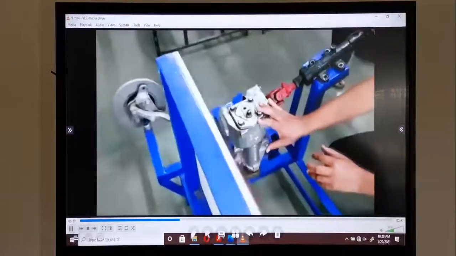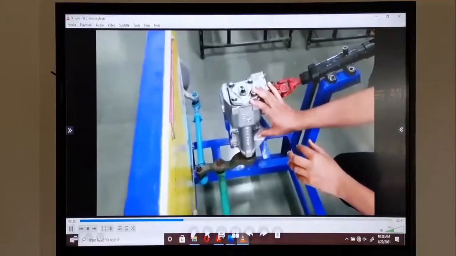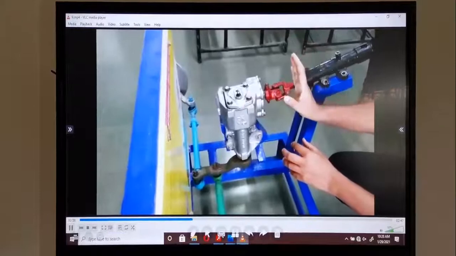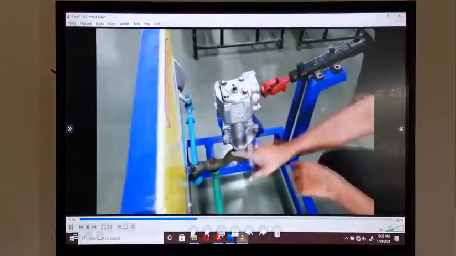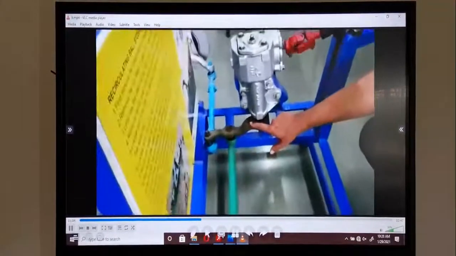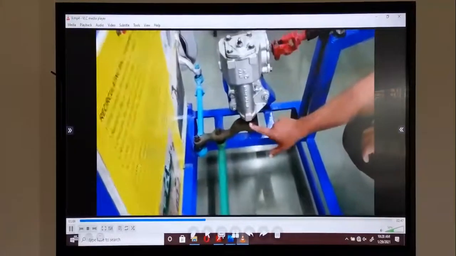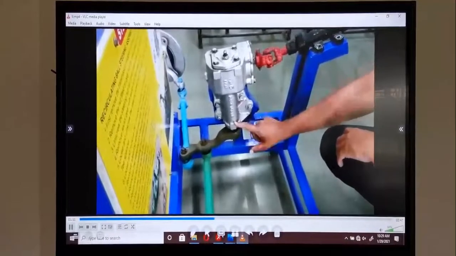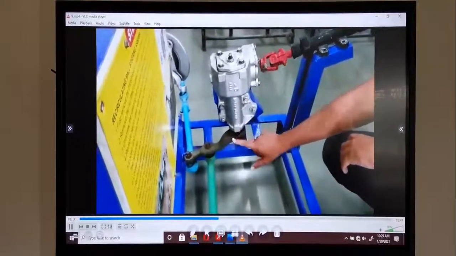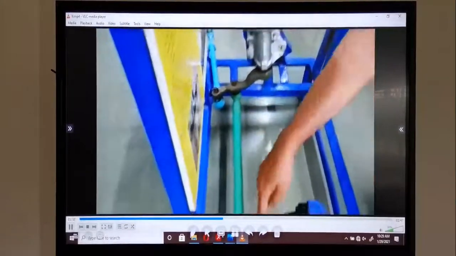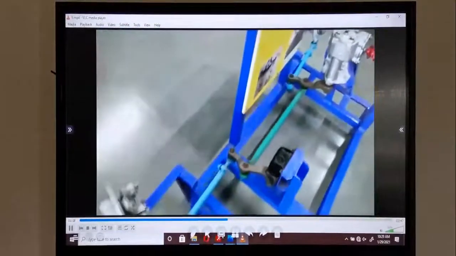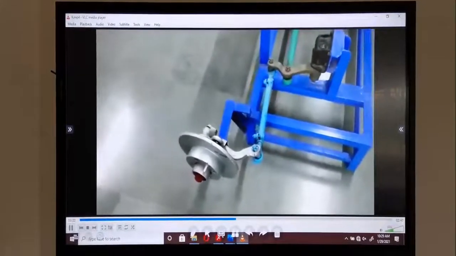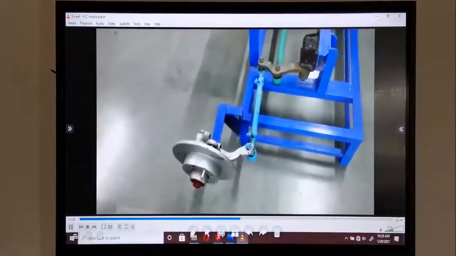That pitman arm here, that is the pitman arm. Okay, according to the steering rotation, the pitman arm also partially rotates. That is tightly connected with the rod, and here it is connected through the track rod.